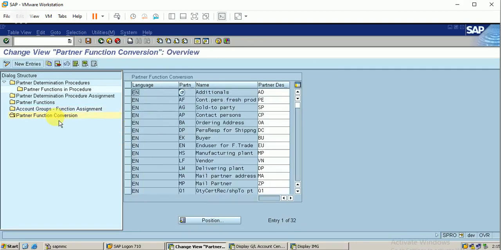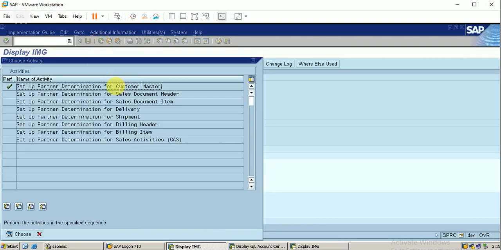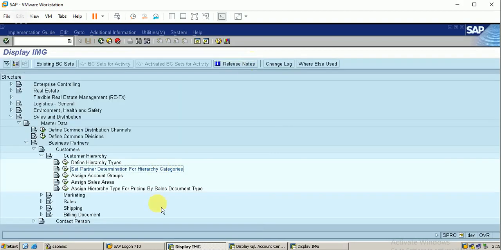So the last thing, I don't think there is much. Okay, this is not much important. Okay, I've configured the thing. So this is the important feature, the partner determination and customer master. I have defined it. Okay, the next step is,